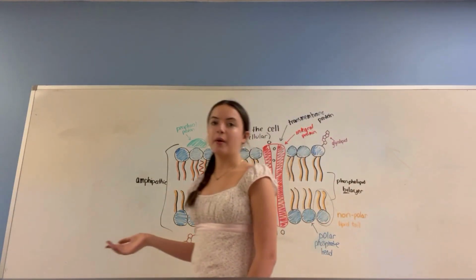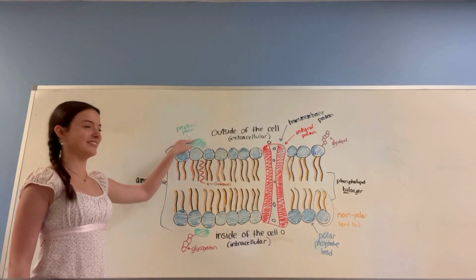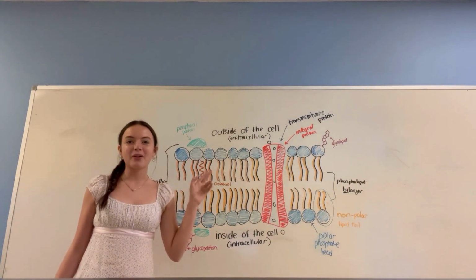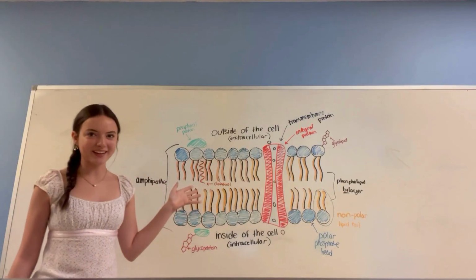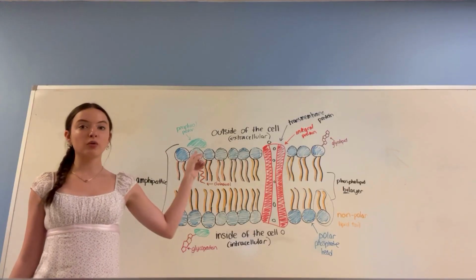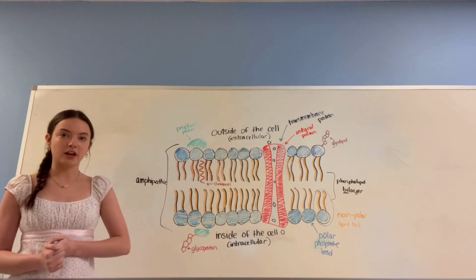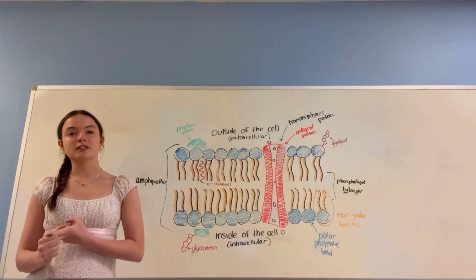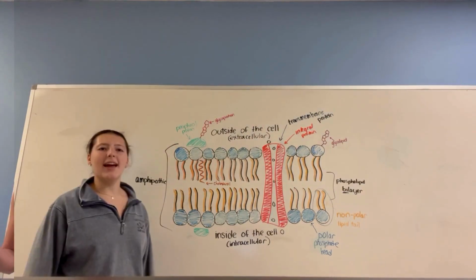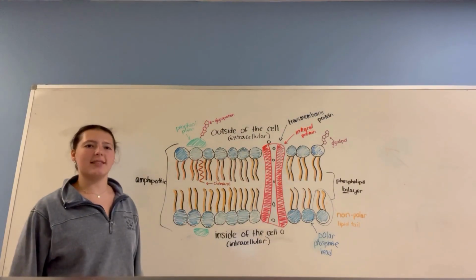In contrast to the transmembrane proteins, the membrane also has peripheral proteins. Peripheral proteins are hydrophilic and are only found on the surface of the cell membrane. Peripheral proteins can serve many functions, such as anchoring the cell membrane to the cytoskeleton, acting as receptors for cell signals, and transporting molecules. Inside the cell membrane is a type of lipid called cholesterol, which assists in regulating the